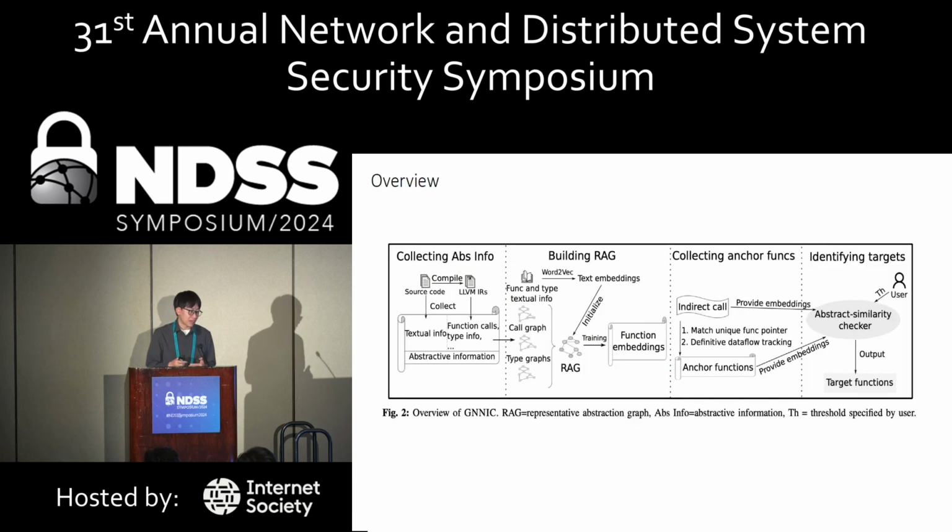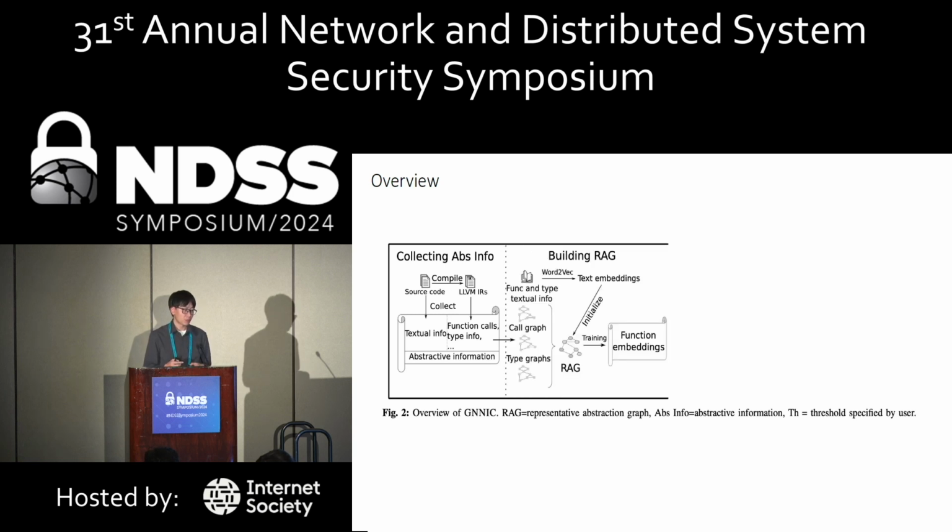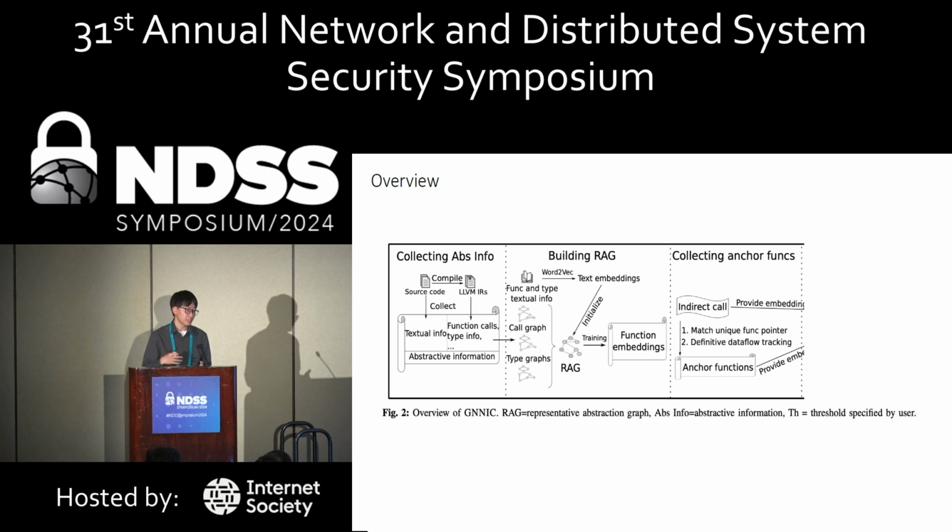And here is the overview of our system. The first step is collecting abstract information, which means that we compile the source code to the LLVM IR, and also collect the textual information, the function call information, and the type information. We call this kind of information abstractive information. Furthermore, we build the call graph and type graph and merge them into the representative abstraction graph. We also leverage the descriptions of functions and types, and also the function names and this kind of textual information. We use them to initialize the vector of each function or each type. And finally, we train the RAG, and we get the embeddings of each function and each